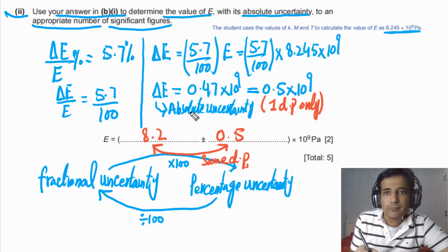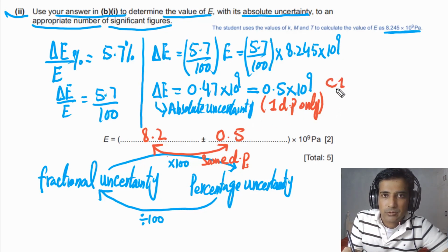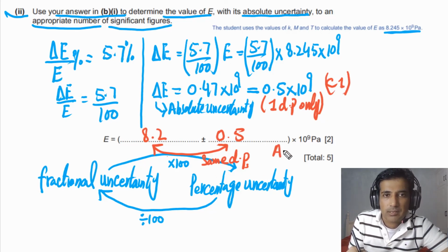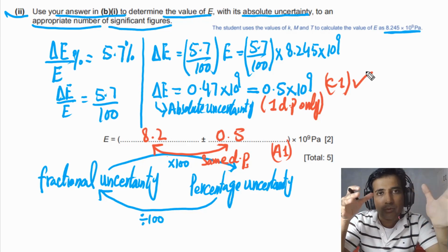That's all. If you write down your answer like this, you will get 2 marks. 1 mark you will get if you have calculated delta E. This one is the C mark. And the second mark is the answer mark. If you have written the answer in this form, you will get the second mark. If your answer is right, you will get 2 marks. But if your answer is wrong, you have written this step, you will get 1 mark. So always write down steps.